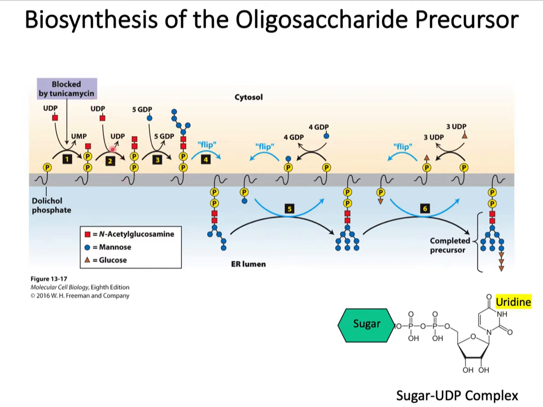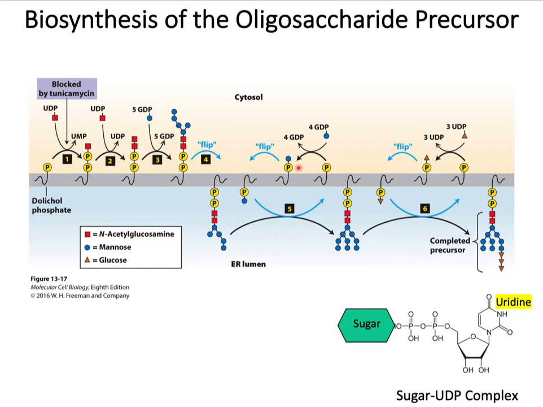Now this will be followed by addition of several others. There will be a second UDP coming in, adding the second, followed by the addition of the 5 mannose residues, and each time this will be brought by a GDP. Once these 7 residues are added to the dolichol phosphate, it flips into the membrane, and then additional mannose residues